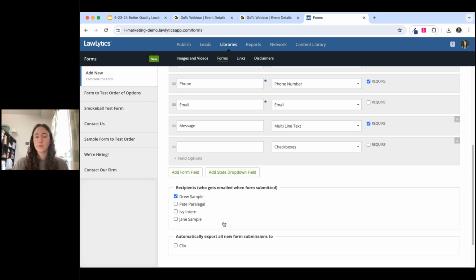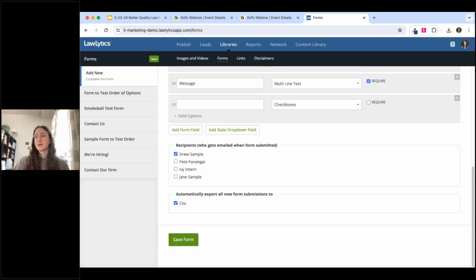Those can be sent directly to them, and make sure that they get them every single time. And then also you can connect your forms to your practice management system so that that information is tracked, and you are skipping a step with tracking that potential new client contact information.